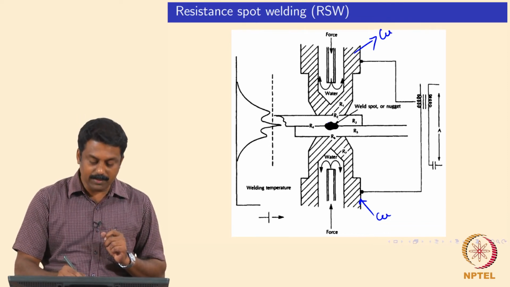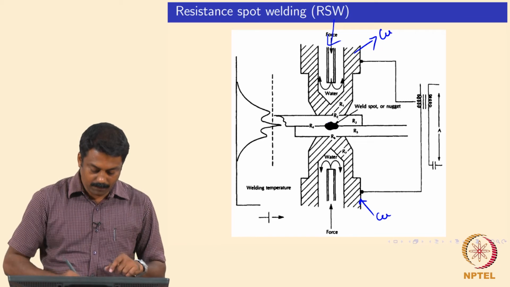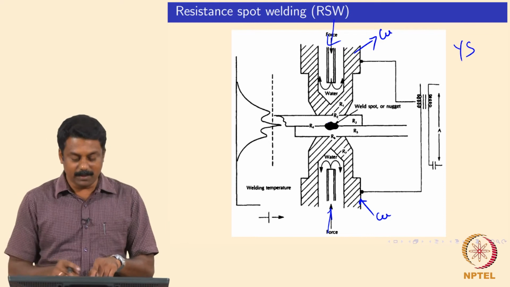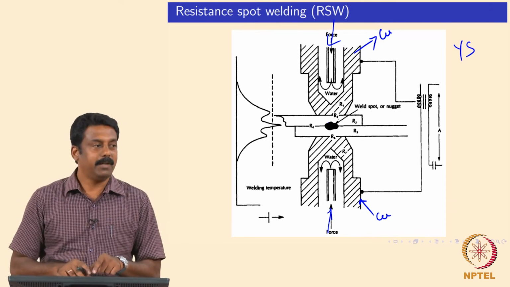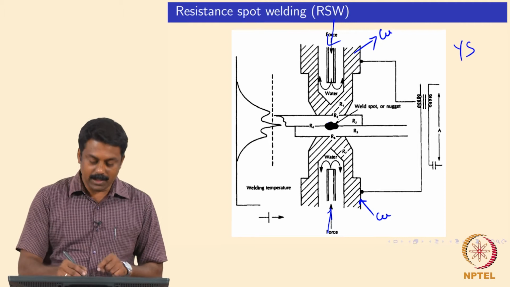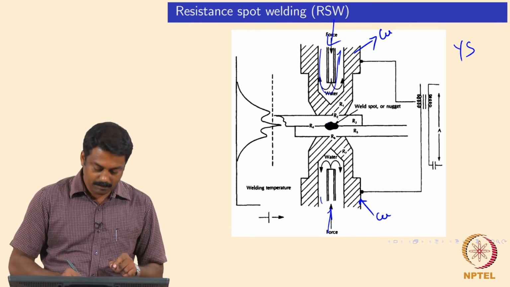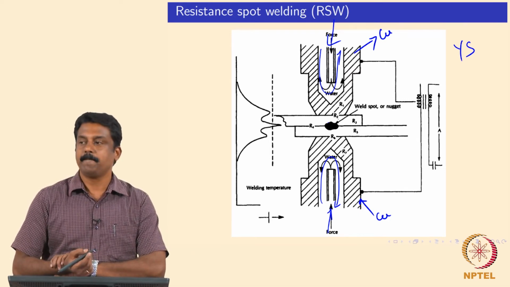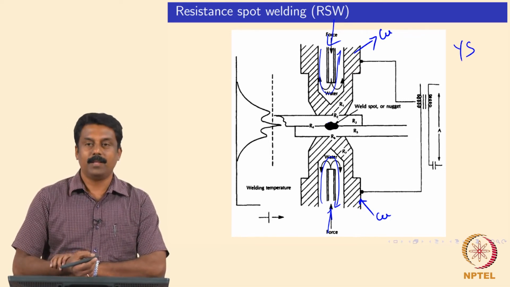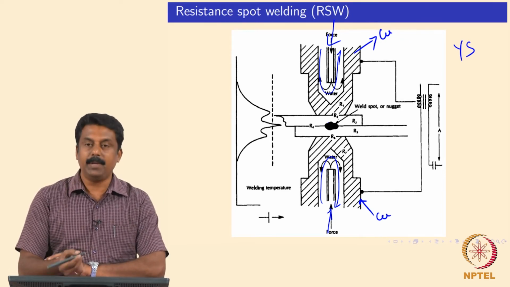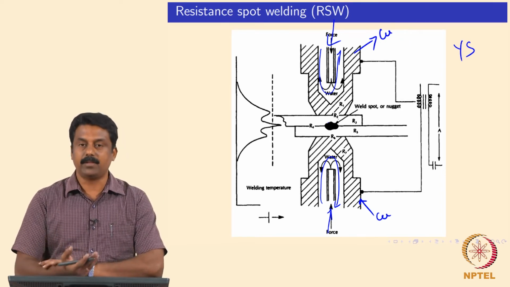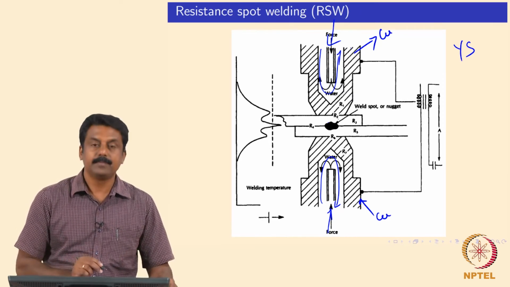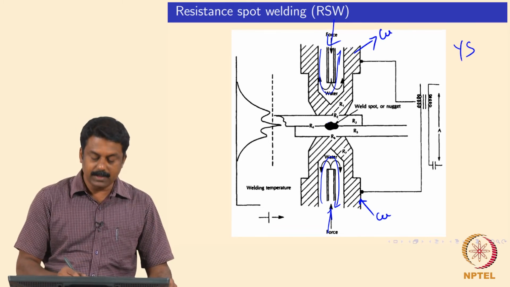We should not heat up the electrode, because we are also applying an axial force during this process. So, you make sure that the temperature is not increased. What do we do? We use a copper electrode and we cool the electrode very effectively by circulating water. The heat can be transferred very effectively, because the thermal conductivity of copper is also very high. So, we can pass a current, and the current can flow through the faying interface.